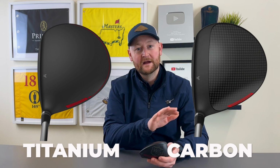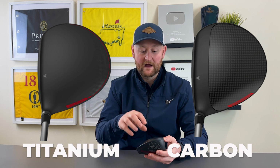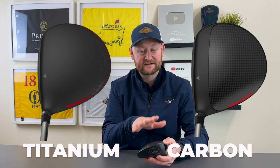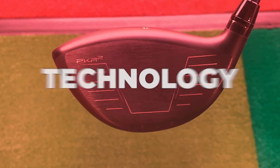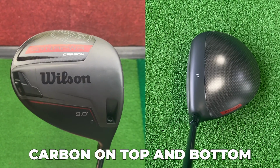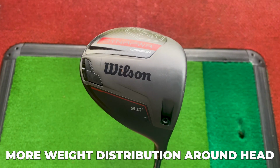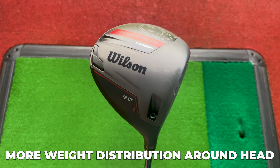The only difference when we look at the titanium versus the carbon is that one's titanium, one's carbon. So when you're looking down on it from above, it has more of the sort of one-piece look about the driver, whereas with the carbon, you can see where that sits on top of the head. In terms of the technology, as I've alluded to, there is the carbon on top and bottom, and this is to aid with weight placement around the head and see that it has more weight up towards the front, so it can deliver a little bit more of a CG located towards that front,